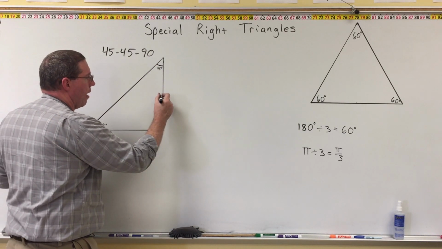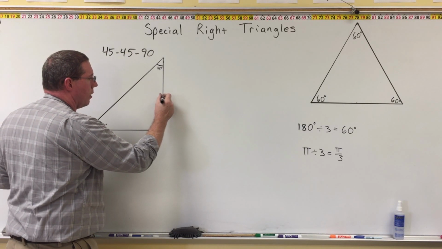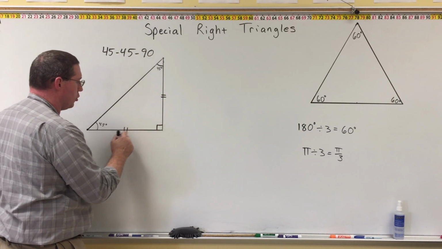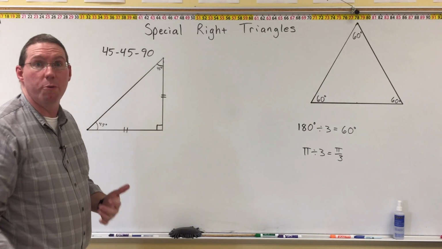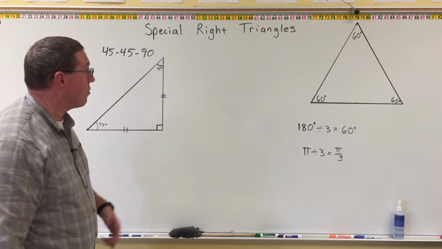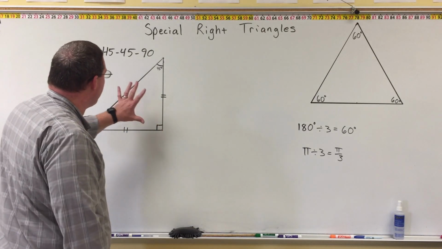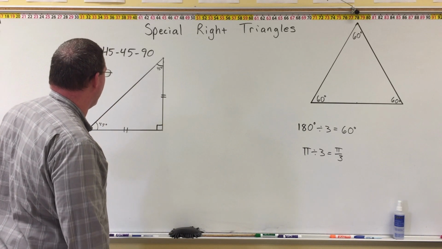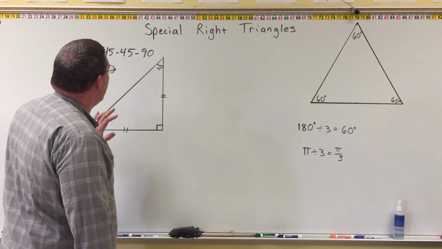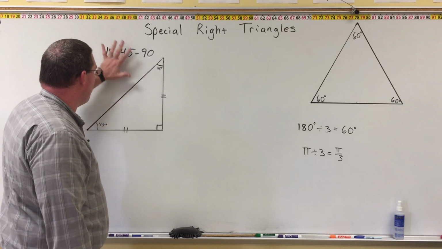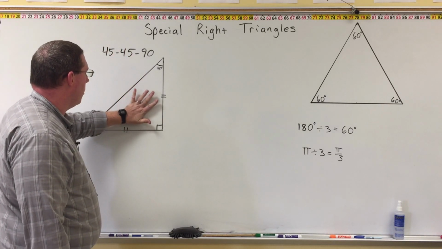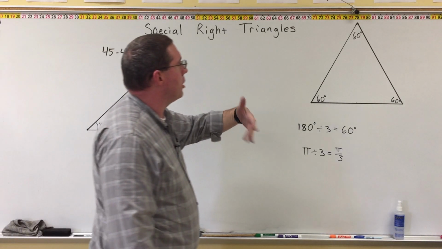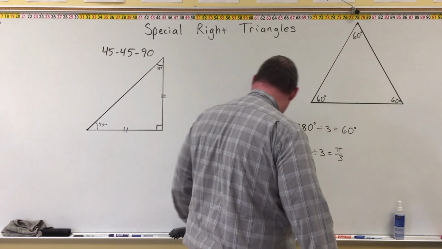Okay? And so a lot of times in geometry, what we'll do is we'll put a couple marks through there and a couple marks through here showing that those two are congruent lengths, or they're the same length. And that's very important for what we're about to understand. Now, before we continue with this, so this is a 45, 45, 90 right triangle. We're now going to go over here and I'm going to show you the second of the